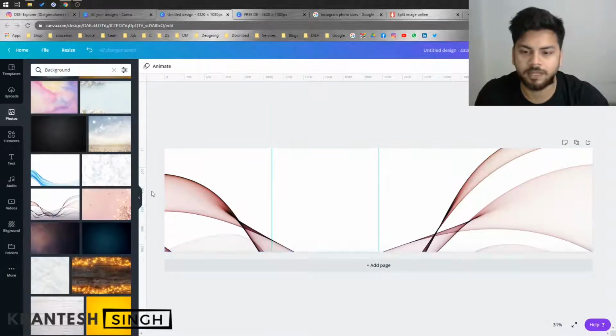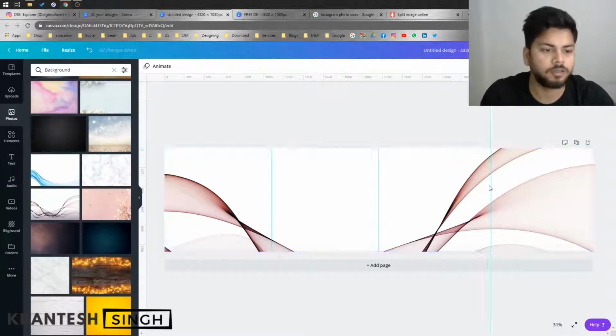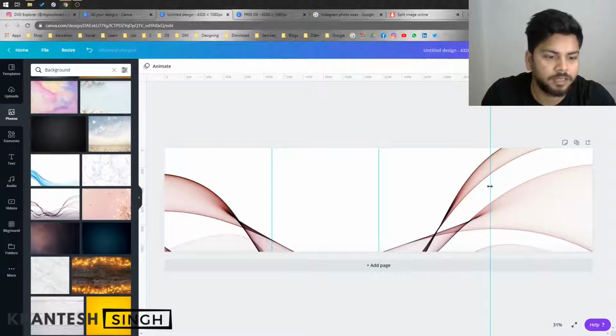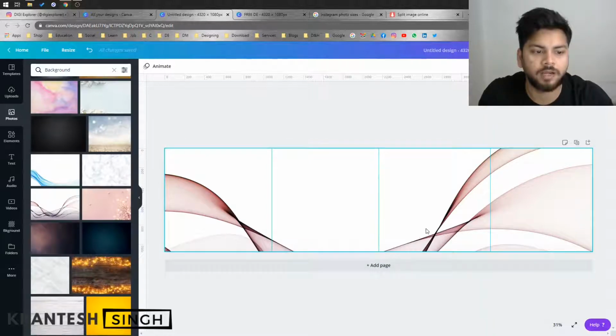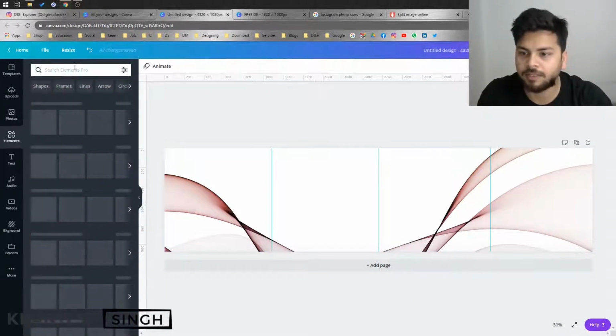Just place it accordingly, and then the third one you have to place at the equal position, so that the image is now divided into 4 equal parts. Now, with the 4 equal parts, start placing the elements.